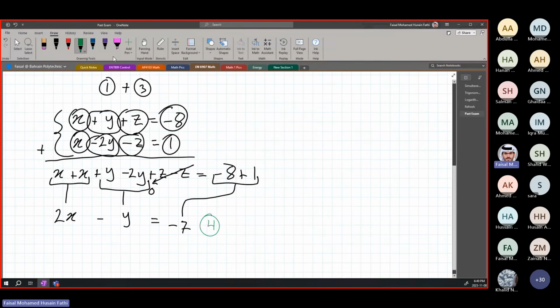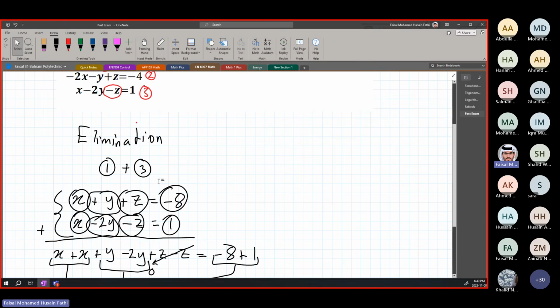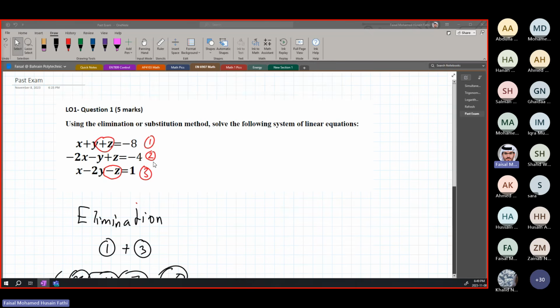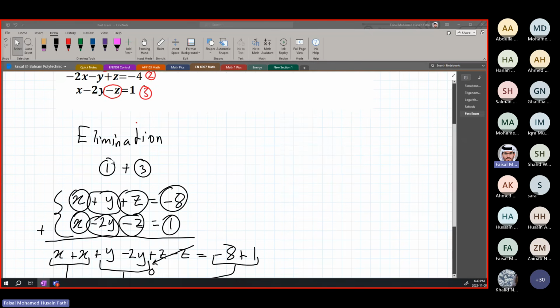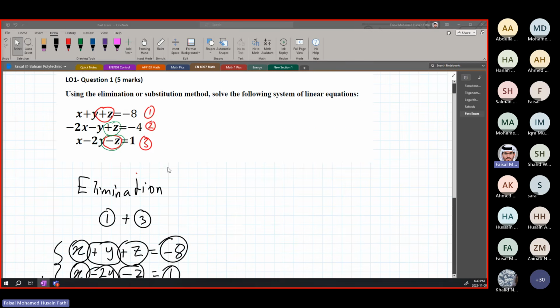This is equation 4. And now we will go back to the main equations again and do the elimination again. You take two new equations. Of course you could take 2 and 3 or 1 and 2, but again the same idea for the second set. I'll take the plus z here because it's positive and there it's negative, so it will cancel out very directly. So I'll take equation 2 and equation 3.